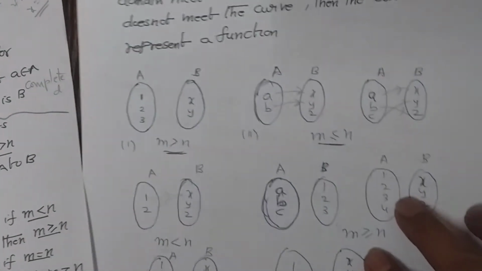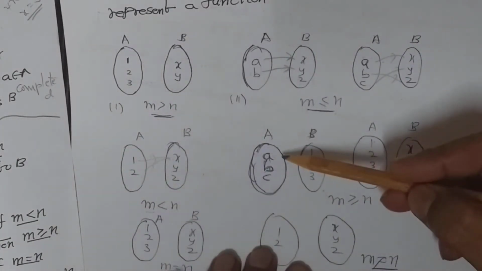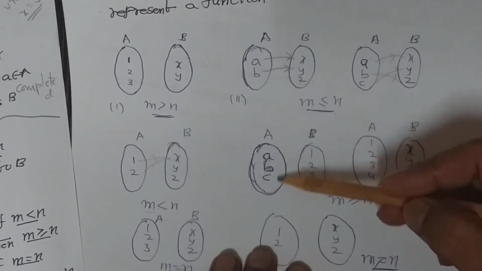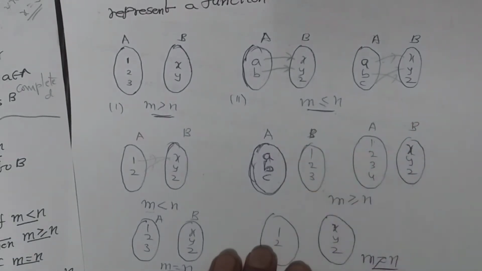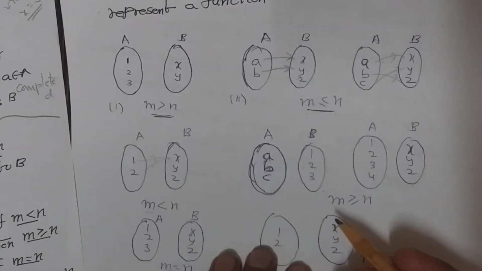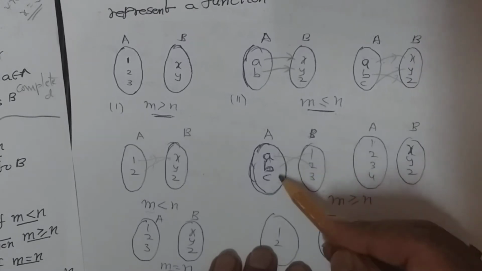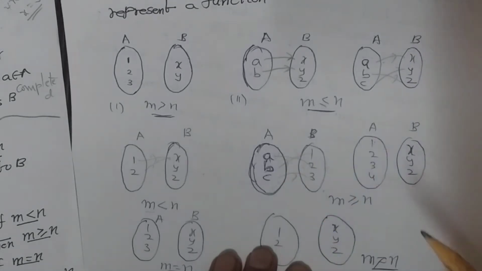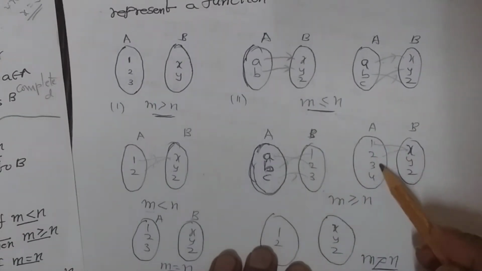Okay, students. Now you see here, M is greater than or equal to N. Here it is equal to, I took first A, B, C, 3 elements, 1, 2, 3, 3 elements. So M is equal to N. So in this case, I can frame an onto function. Okay, for example, A to B1, C3. So it is an onto function because every element has a pre-image. Okay. Now even now also I can frame the onto function like this.